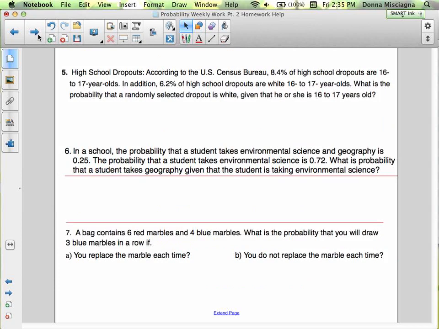High school dropouts. According to the U.S. Census, 8.4% of high school dropouts are 16 to 17-year-olds. In addition, 6.2% of the high school dropouts are white 16 to 17-year-olds. What is the probability that a randomly selected dropout is white given that he or she is 17 years old? That word given